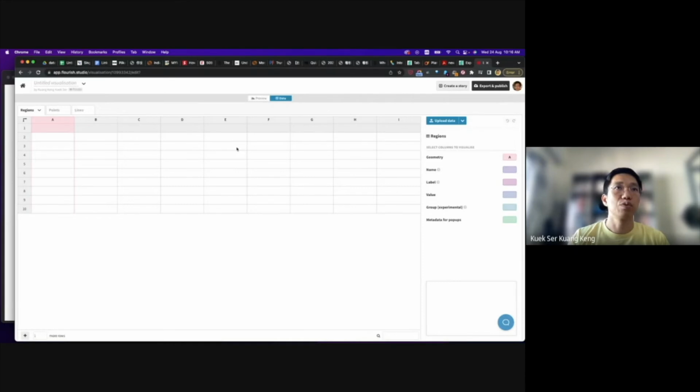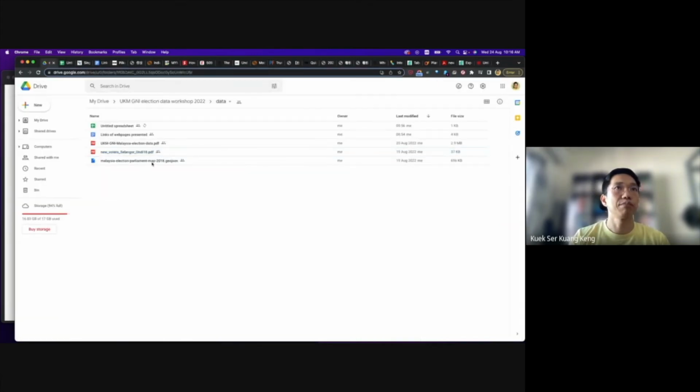And data is where you're able to upload and edit your data, just like any spreadsheet or Excel. So I have shared with you an election parliament map for the 2018 election,